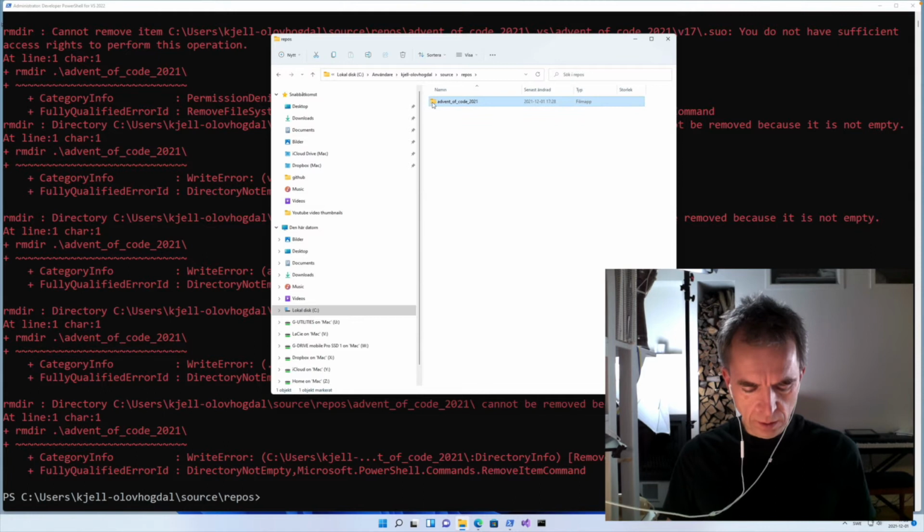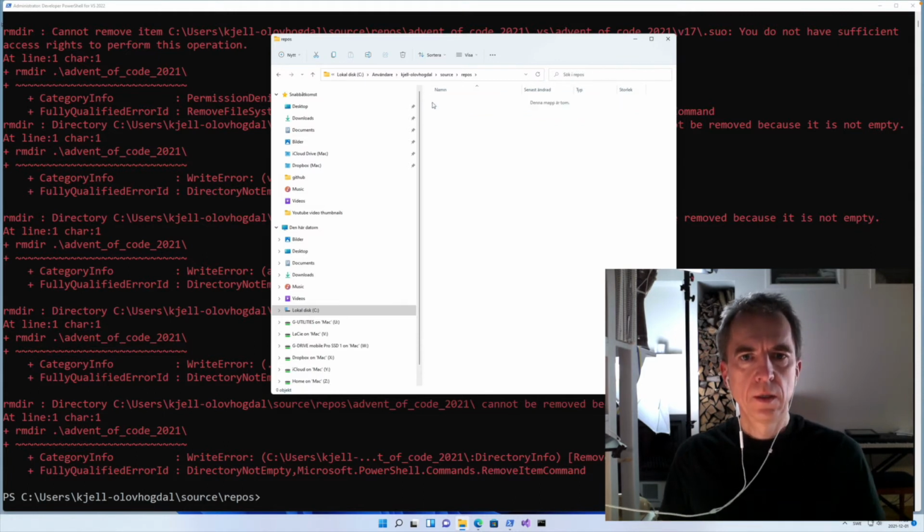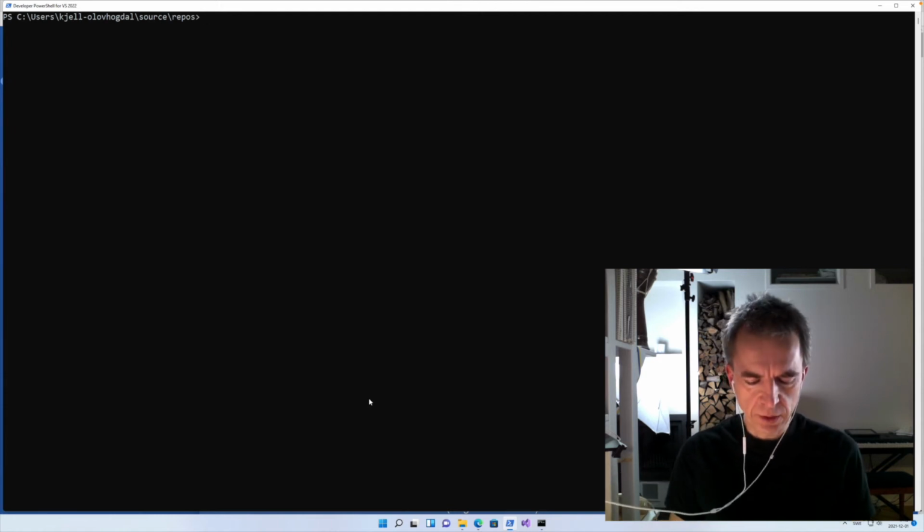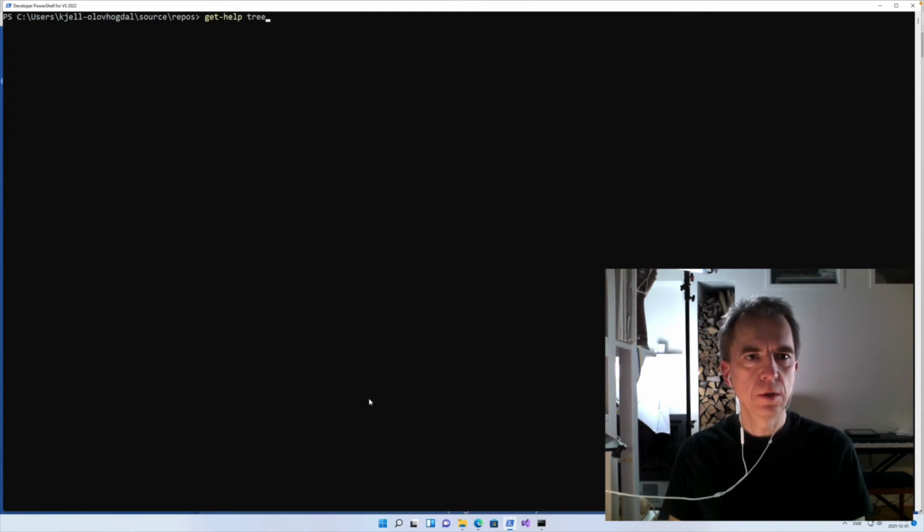And here I press Command Delete, and I'm allowed to delete it. That's confusing. We can do better. I want Windows 11 to have a better help function. If I do get help and I want to know something about the tree command,